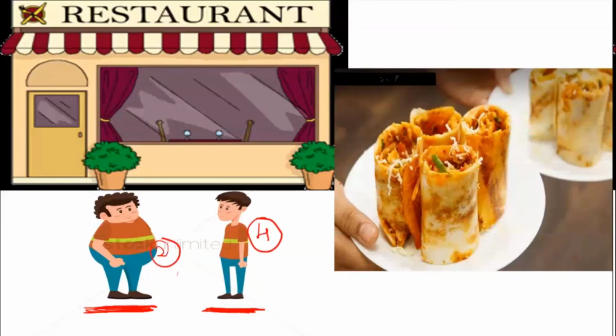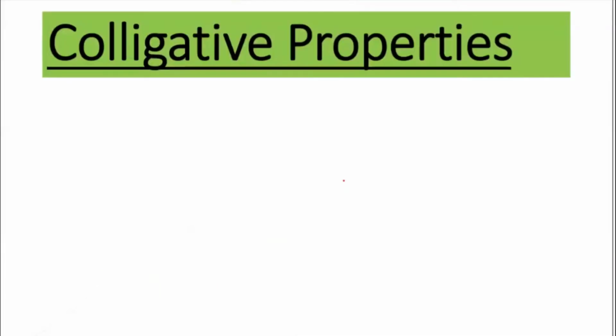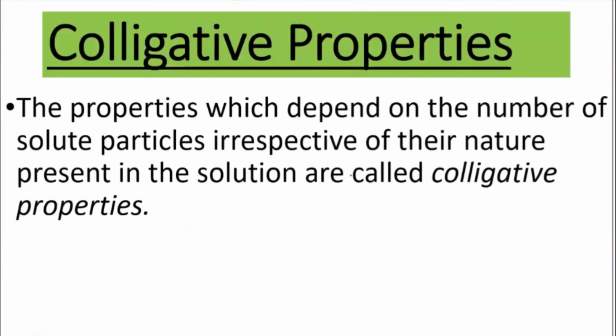For him, what is important is the count he has got, based on how many people are there. Only based on that it will be served. Correct? He doesn't see what kind of nature the customers have. It depends only on how many have come. So that's a colligative property. In the solution also, we are going to measure only the number. We are not going to count the nature of it. Mass and everything is not important for us.